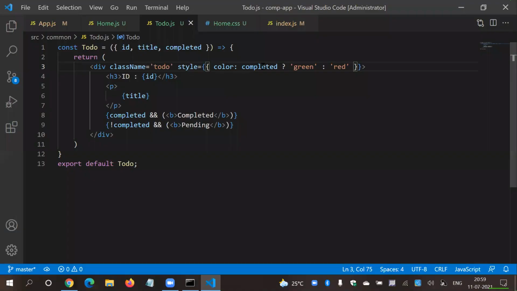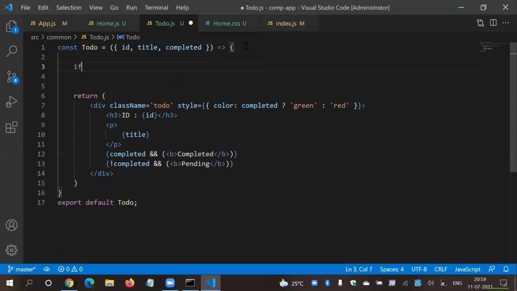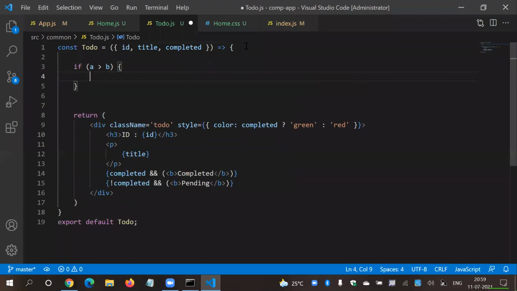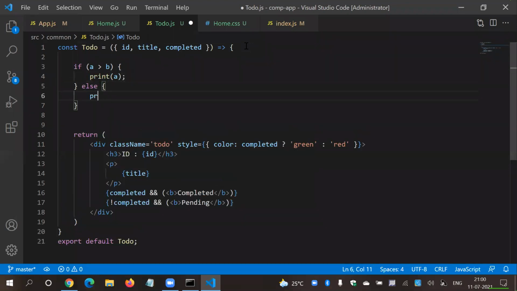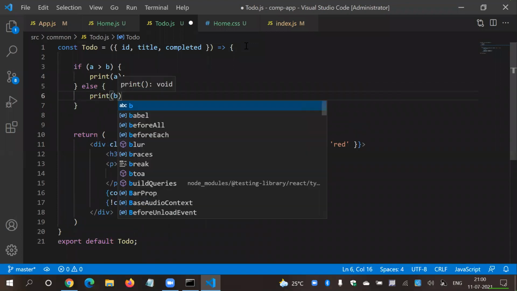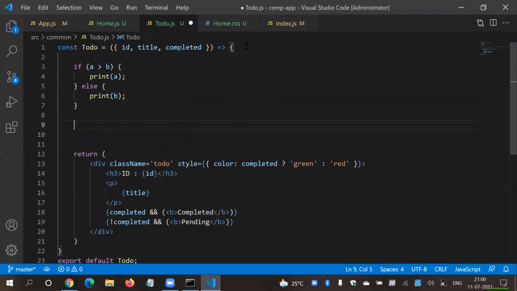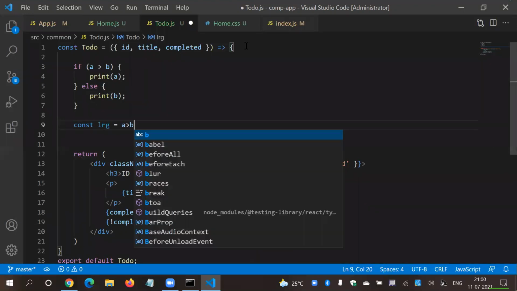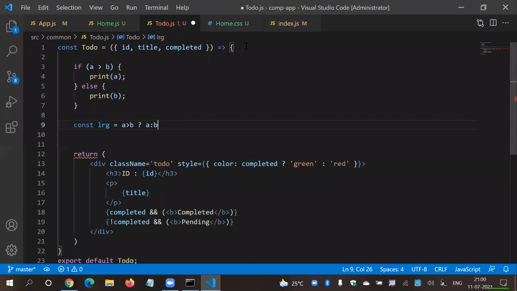Okay, let me show you what it means by the ternary operator. The way you are saying if A is greater than B, then you say print A is greater than B. Else you say print B is greater than A, right? So instead of this, we can simply say print in bracket. Let's say let or constant large is equal to A is greater than B. If it is true, then A, otherwise B. That's it.